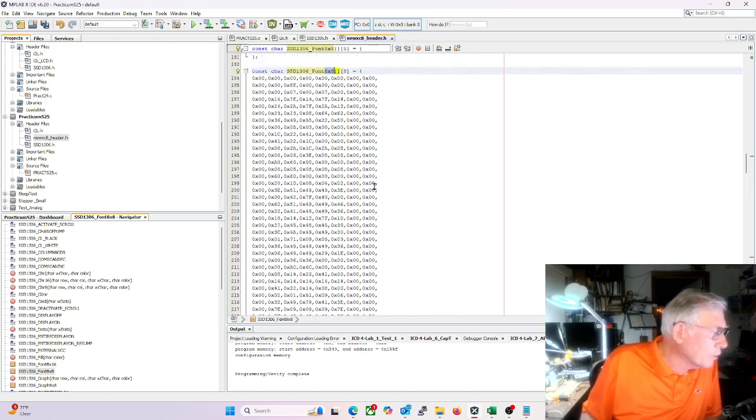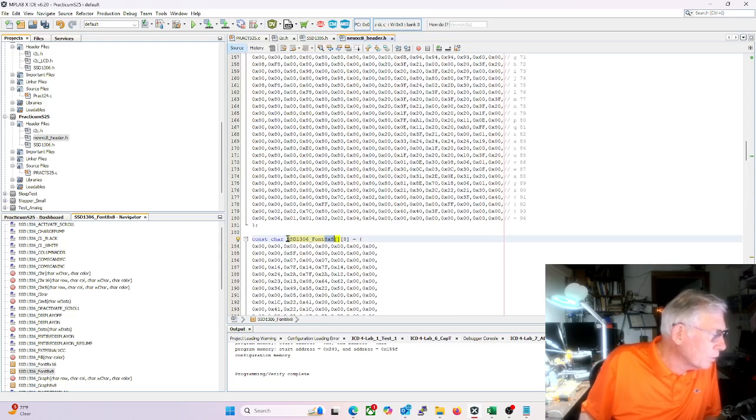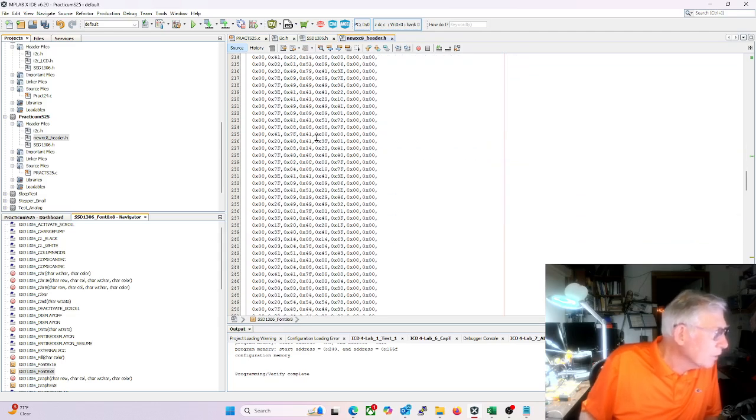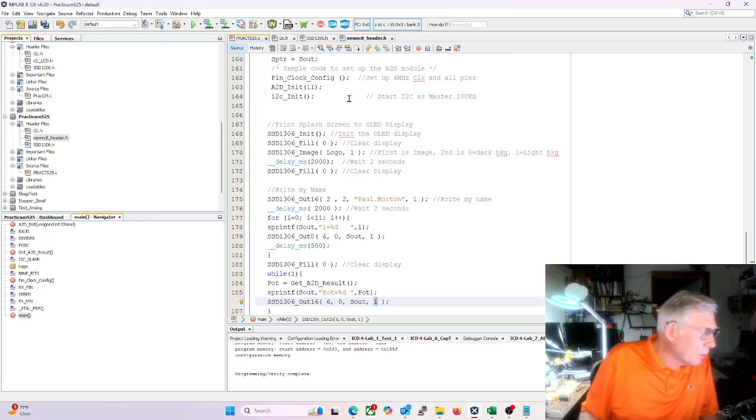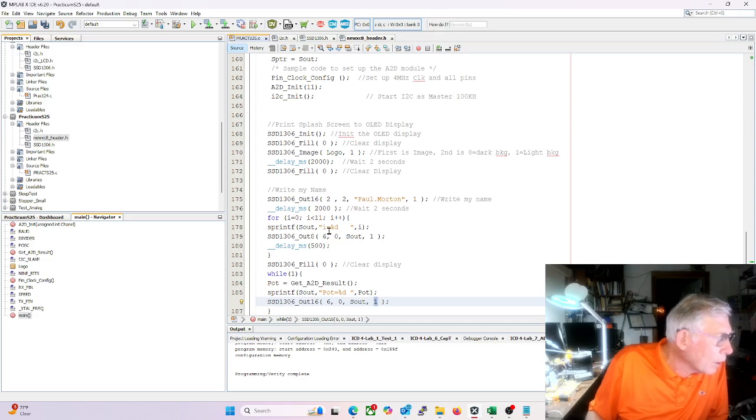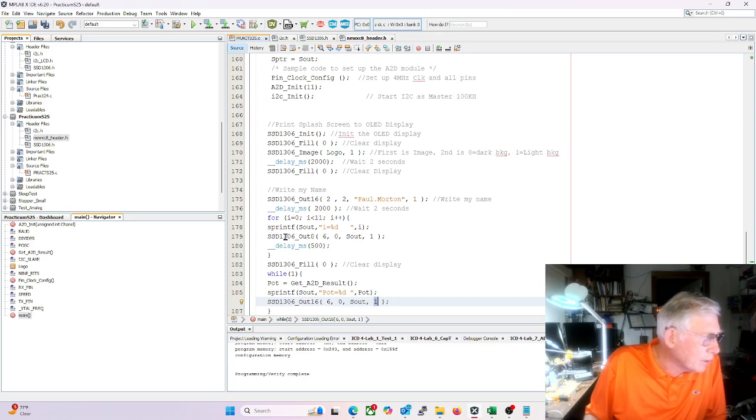But all you have to do is, when you write these, let's look and see how this writes. If I go into our code, all I have to do is write percent, double quotation mark, I equals percent D, and then comma I. So that's going to put the number in for D, and then it's going to store this character string in S out. And then when you print this, you do SSD1306_out8, so using the smaller character